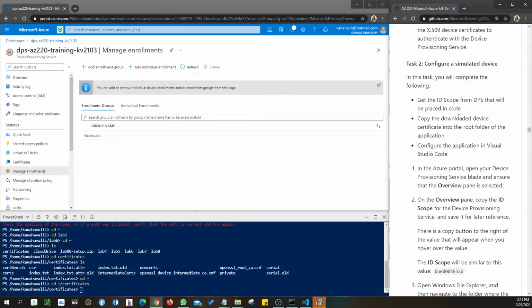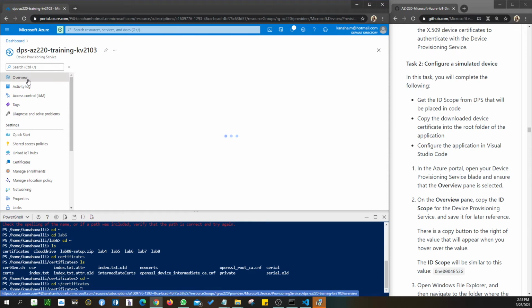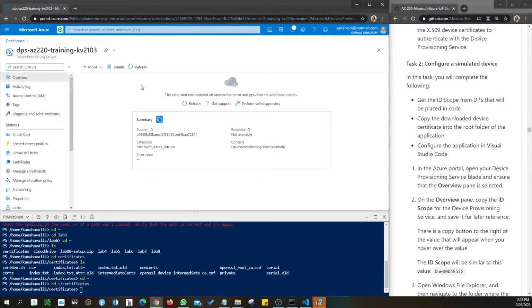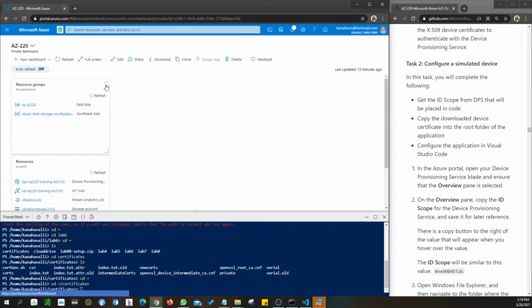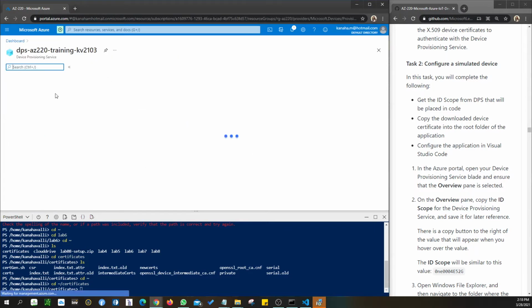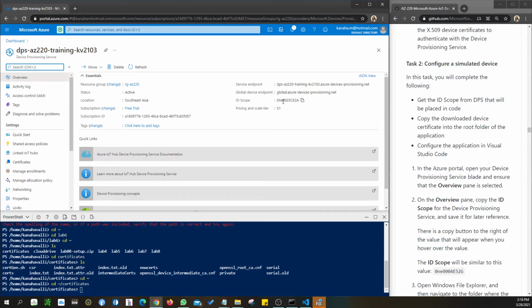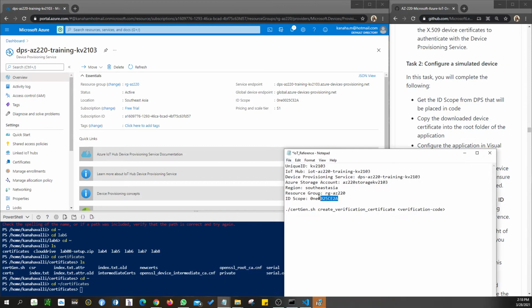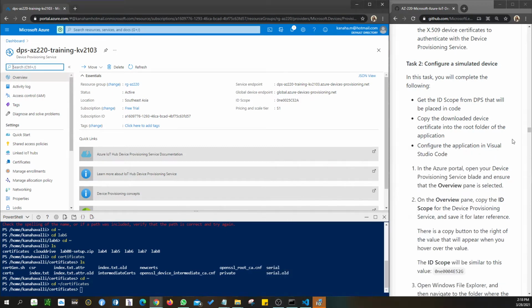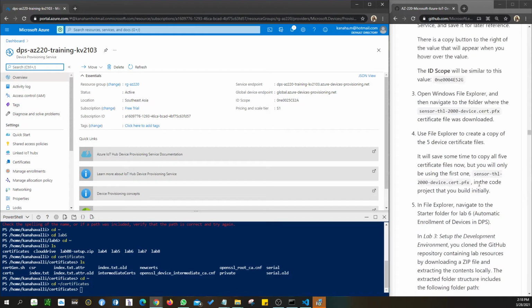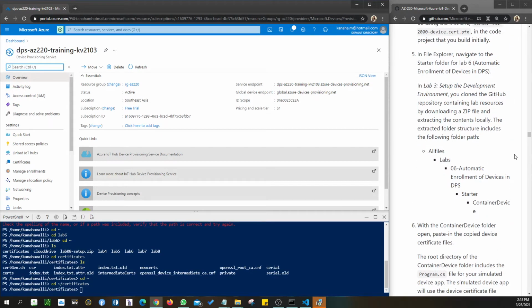Once you have done that, you're going to go to the overview under your DPS. Under the overview, make sure you have it copied. If you already copied it like what I told you just now, then you don't have to do this particular step. You can just go straight away to